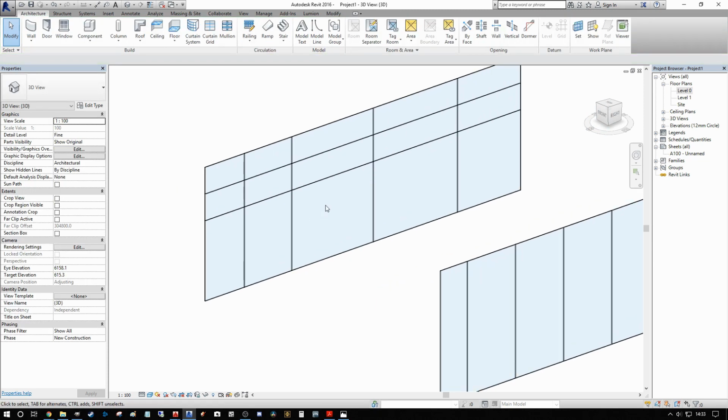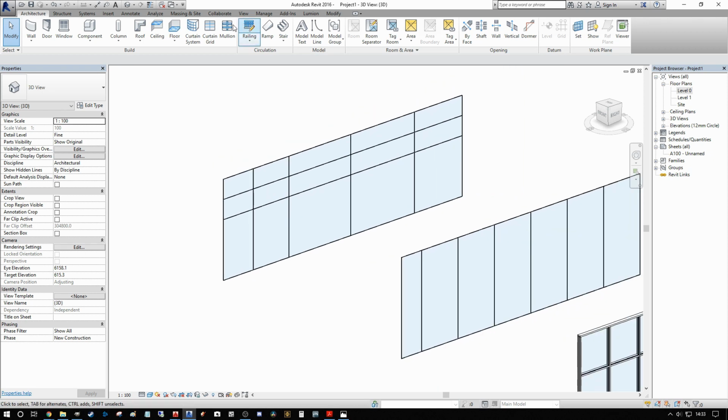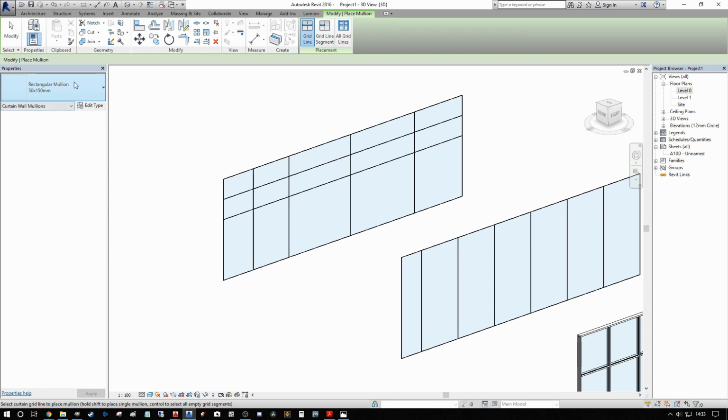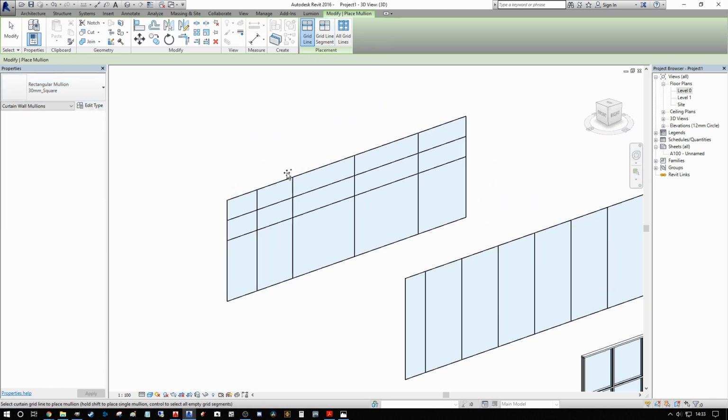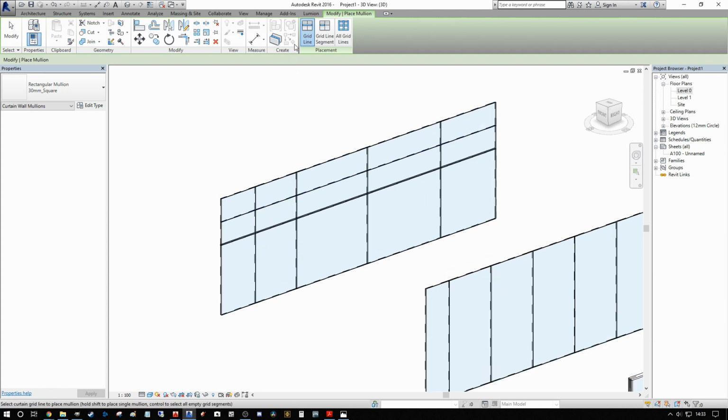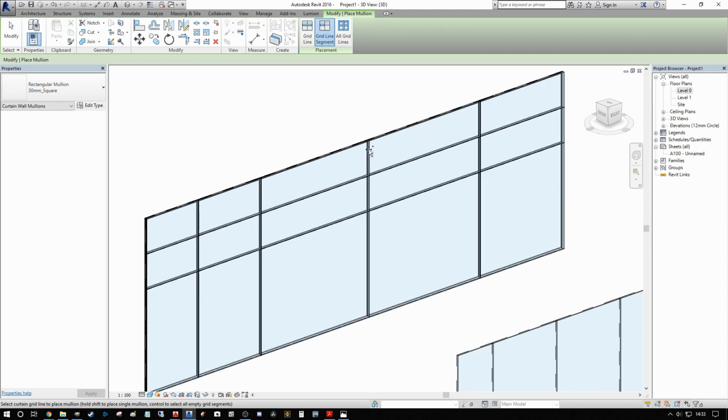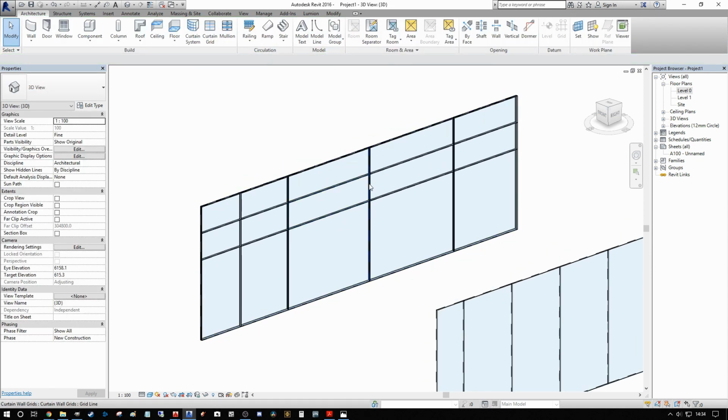Next, we'd want to start introducing the mullions to the system. If you go up to your mullion dialog here, it'll give you your variables. Depending on the template you're using, if you're using the standard architecture template, you will have a number of variables already in place. In this instance, we're going to select the 30 mil square because it's quite a short one. Up here it'll give you where to place it: you can select all grids, one grid at a time, one small segment of the grid at a time, or you can select the full grid line. So just to confirm that again,